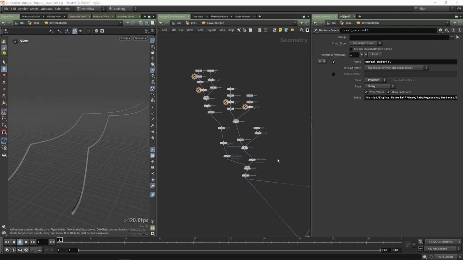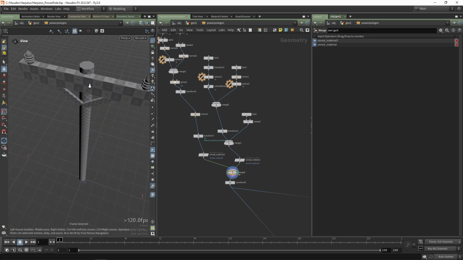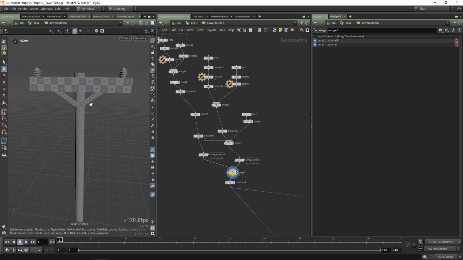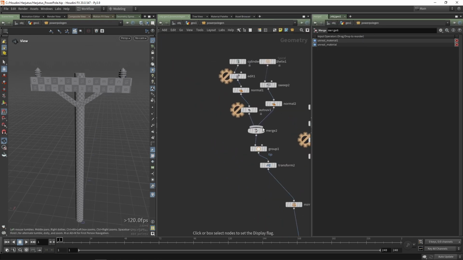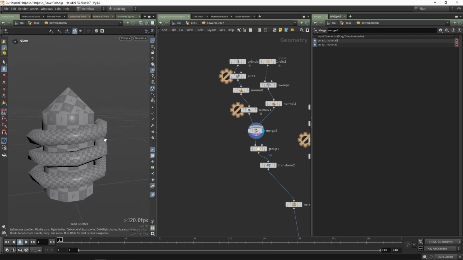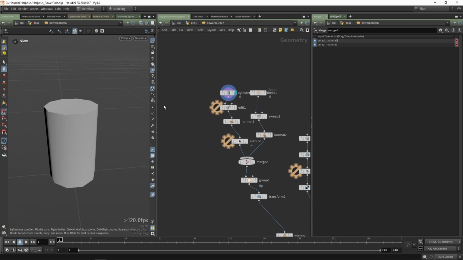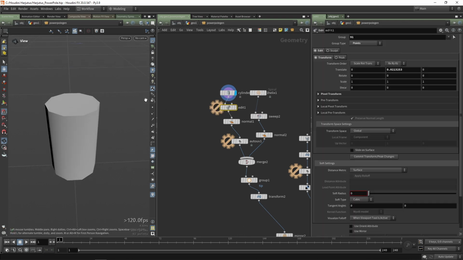Okay, now for the actual power pole. This is going to be pretty easy because it's mostly just cubes and circles. But let's start with here. This is the coil thing or whatever. Start with a cylinder. Yeah, you use the edit node to move this point up a bit, and give